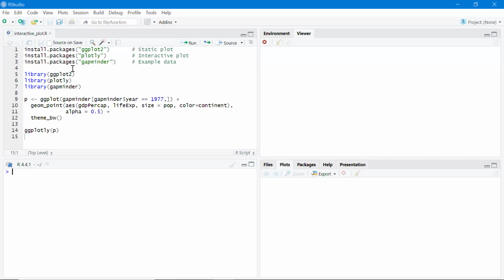Here is my RStudio. To have an interactive plot in R you will need the ggplot2 package, the plotly package, and to have example data just use the gapminder package. So just install it if you haven't installed it, and then you call it. Control enter,